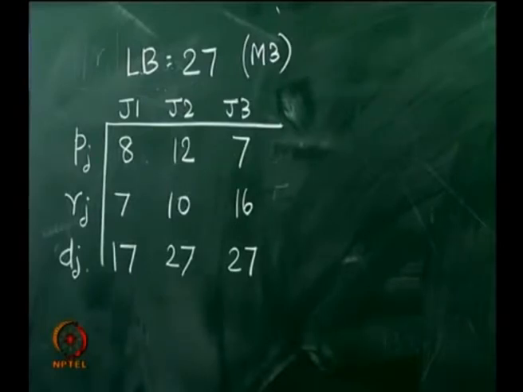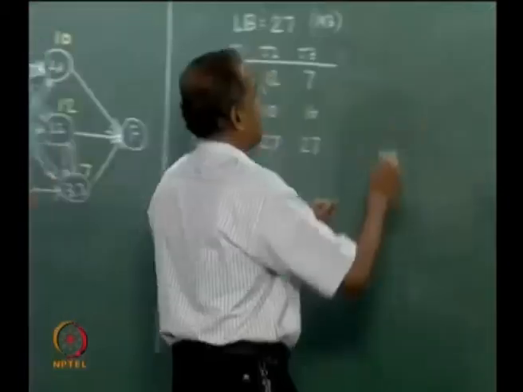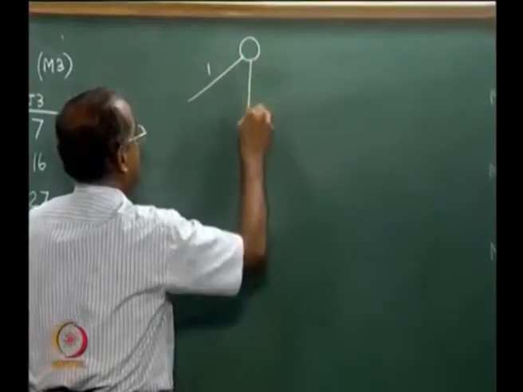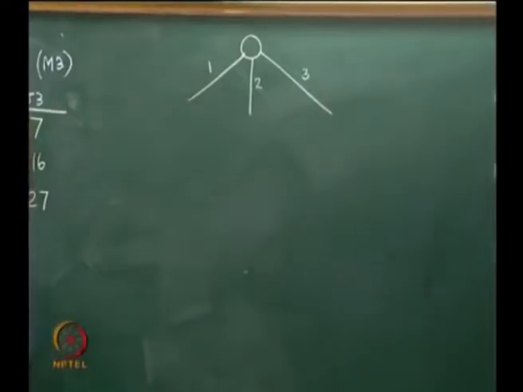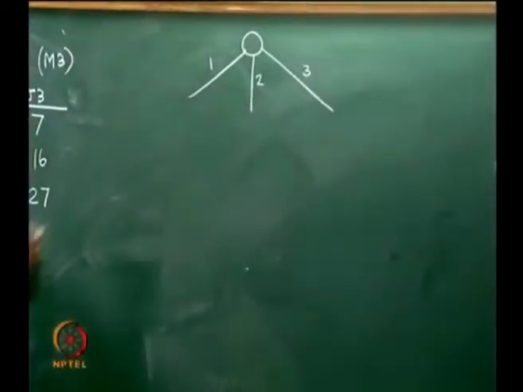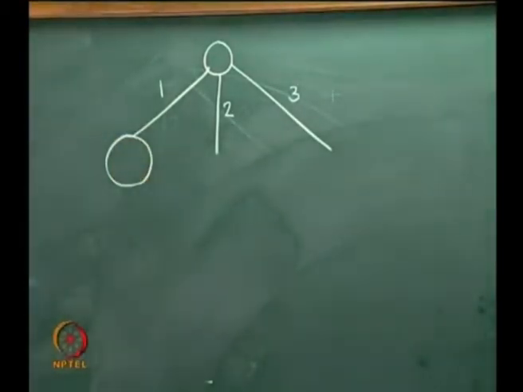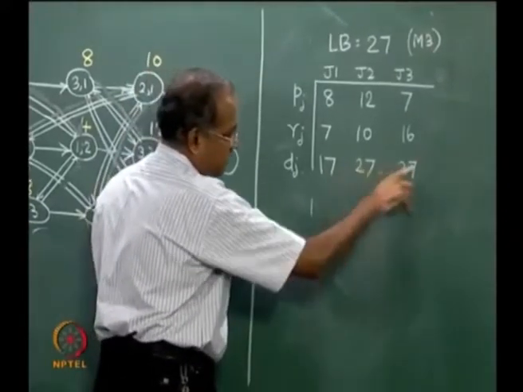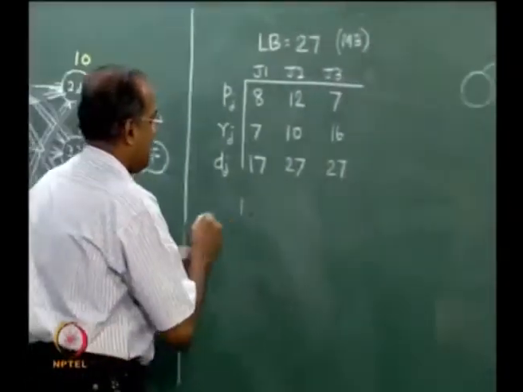So, let us show the computation of 1|rj|Lmax considering these 3 jobs on M3. So, we again start the branch and bound tree by saying job 1 is the first one, job 2 is the first one and job 3 is the first job. So, let us try and find out the Lmax for this. So, this will be 1 X X, but based on due dates it can be 1 2 3 or it can be 1 3 2. So, let us take the case 1 2 3.